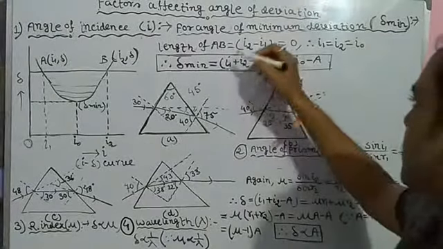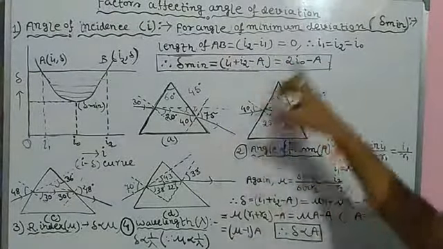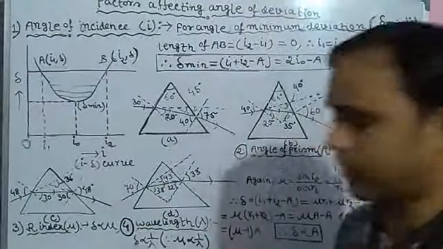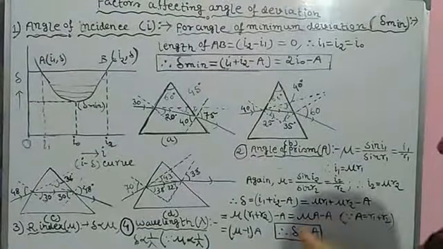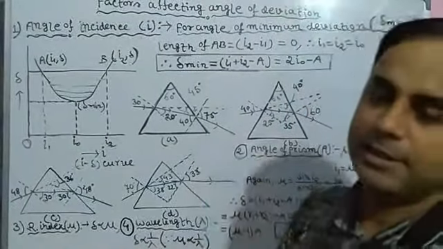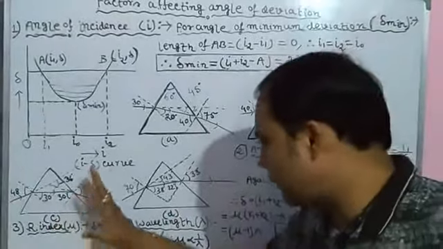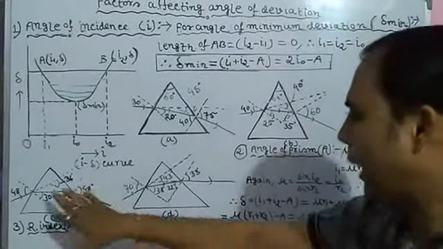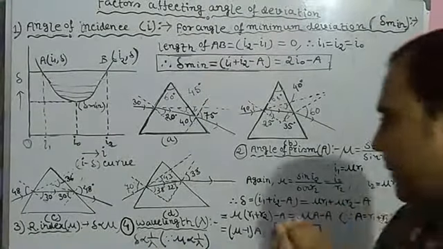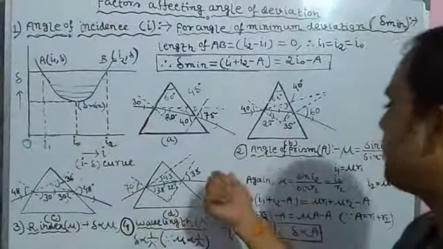Then in case of minimum deviation, we have already seen that angle of incidence equals angle of emergence. You can see 48 degree, 48 degree. So it is happening due to change of angle of incidence, which will further increase. Change R1, R2, and in case of I2, I1, I2 the total sum is 60 degree, which gives the angle of prism. Due to change in I1, I2 is changing.